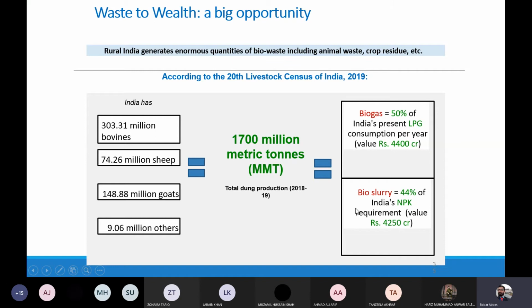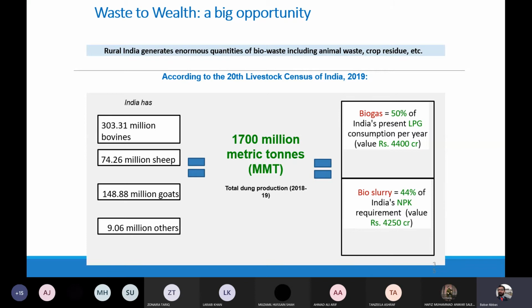These two products are the result of the biogas product or anaerobic digestion, and with this type of potential, they are like biogas 50% of India's present LPG consumption per year, and its value can be 4400 crore. While the bioslurry, which is 44% of India's NPK requirement, can be like adding